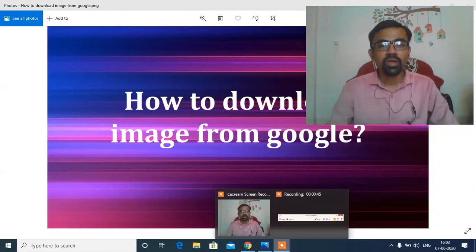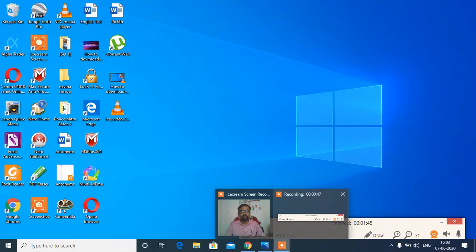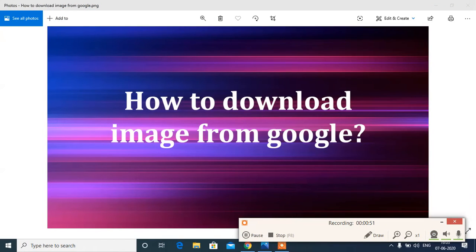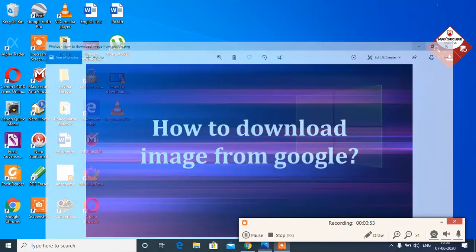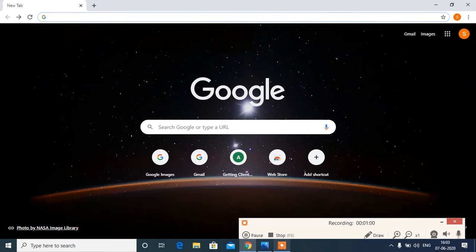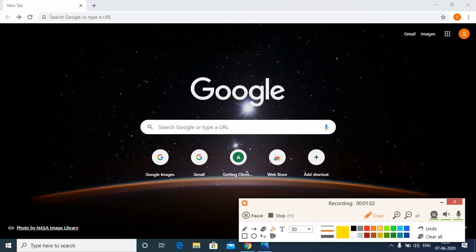At first, I turn off my webcam. We will start with Google Chrome. I open Google Chrome. Now, Google Chrome is open. You notice the option Images in the upper right corner.